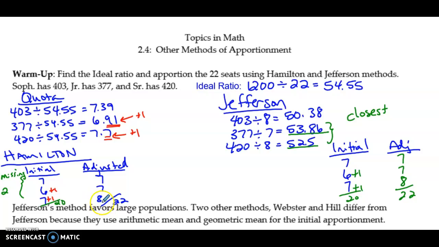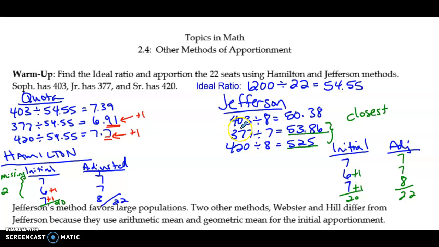So the adjusted apportionment for Hamilton: sophomores get 7, juniors get 7, and seniors get 8. For the Jefferson method, we start with the initial value the same way. So using that quota, 7 votes for the sophomores, 6 votes for the juniors, and 7 votes for the seniors. From there, we look at